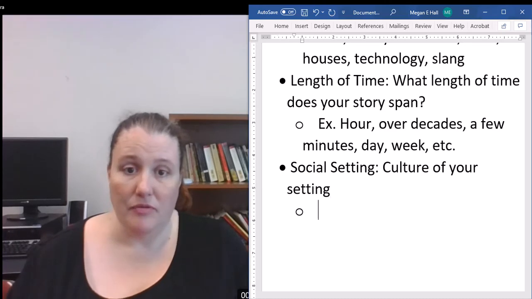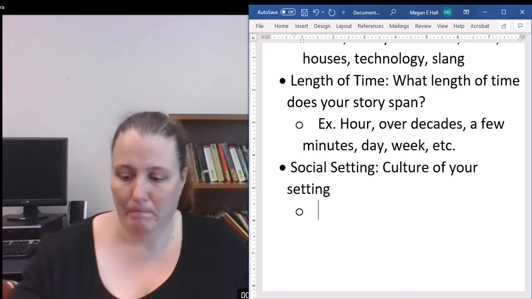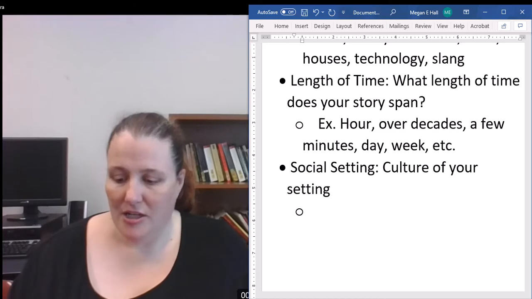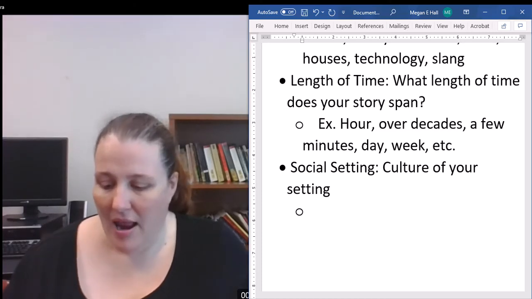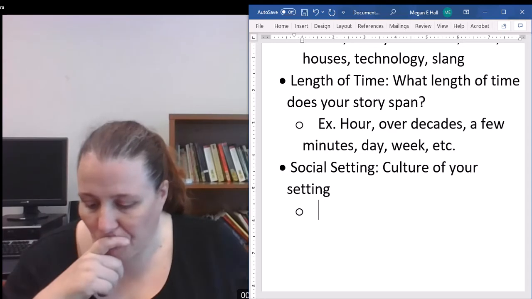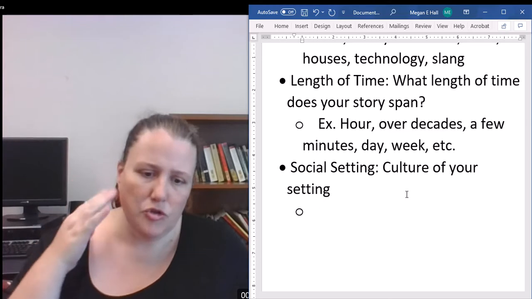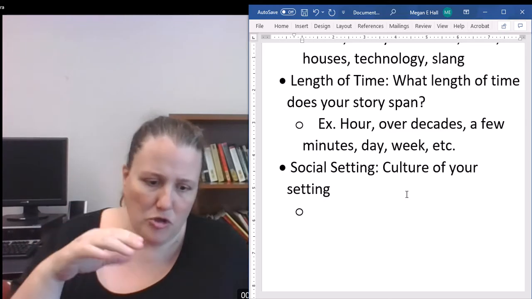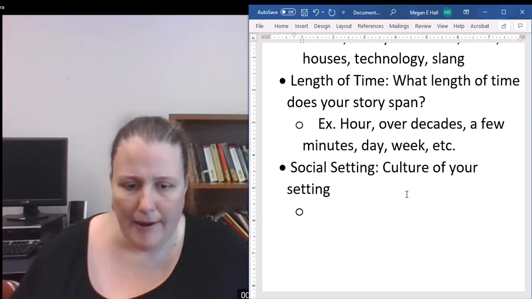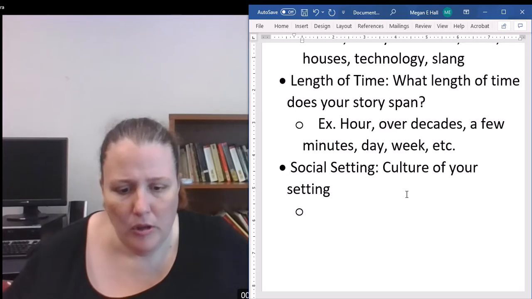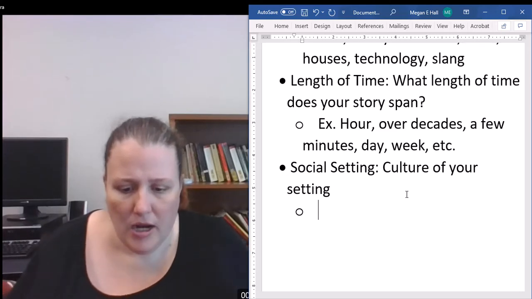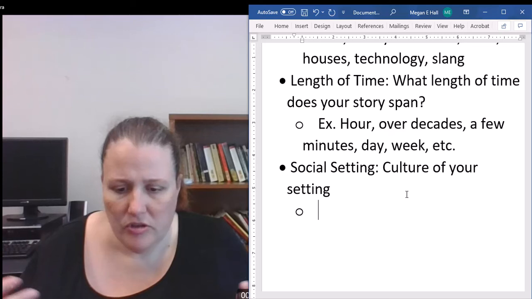Maybe you have a couple different settings and the culture changes. Maybe you're moving from a 1920s rural location to 1930s New York City, but essentially the feel of a place is driven many times not so much by those environmental details, but by the people who are there creating this culture,